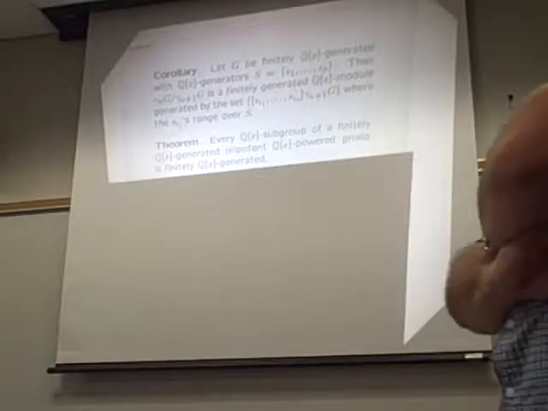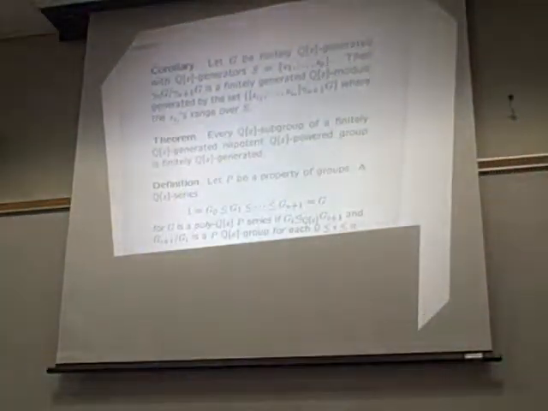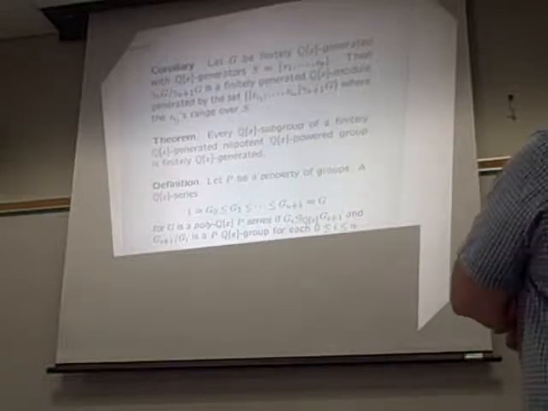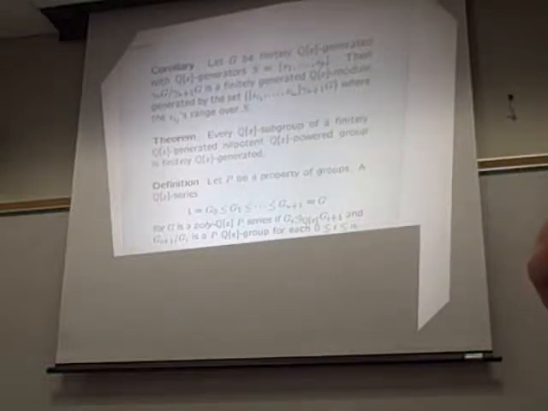That was something I said earlier when I talked about the abelian result. Okay, the next definition I want to mention might be familiar to many of us in a more general sense. Let P be a property of groups. Then if you have a QX series, meaning that each of these subgroups in the series is a QX subgroup, you call that a polyqx P series if each subgroup is normal in its following subgroup, and also the quotient, G_{i+1} mod G_i, is a PQX group.